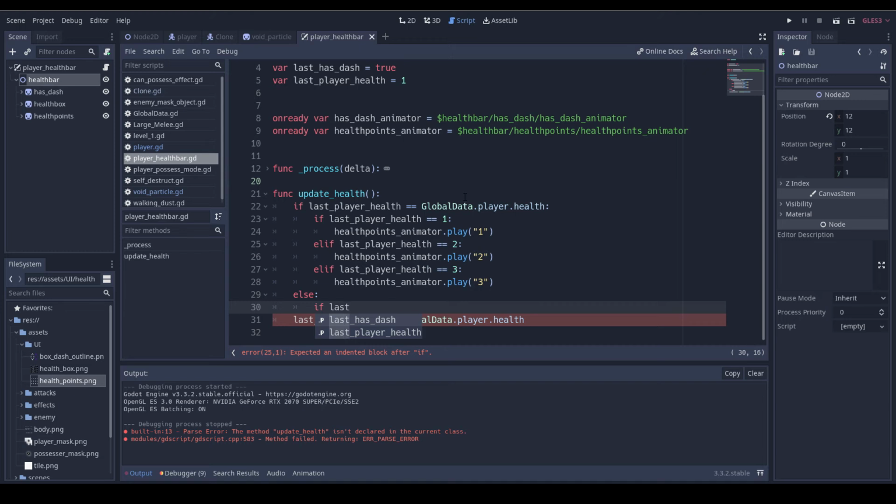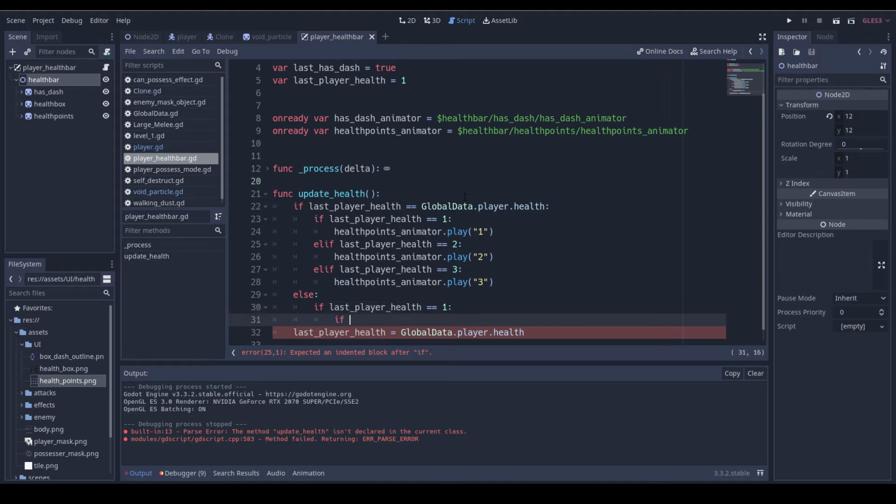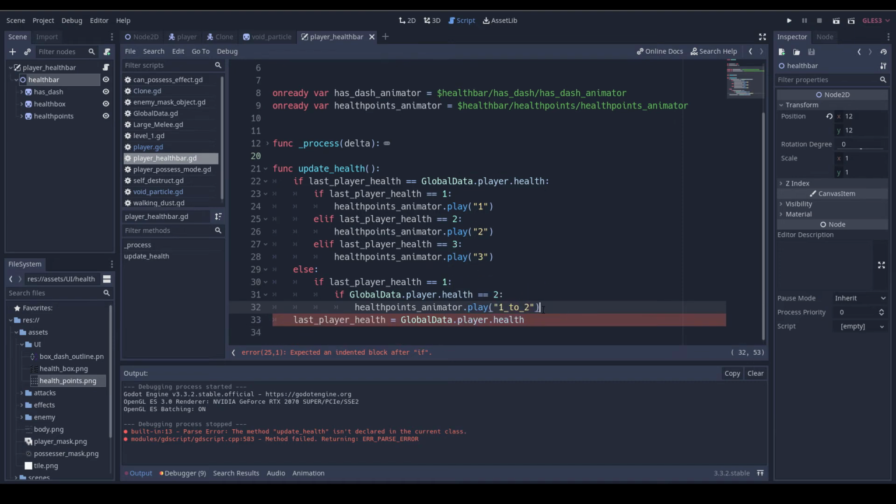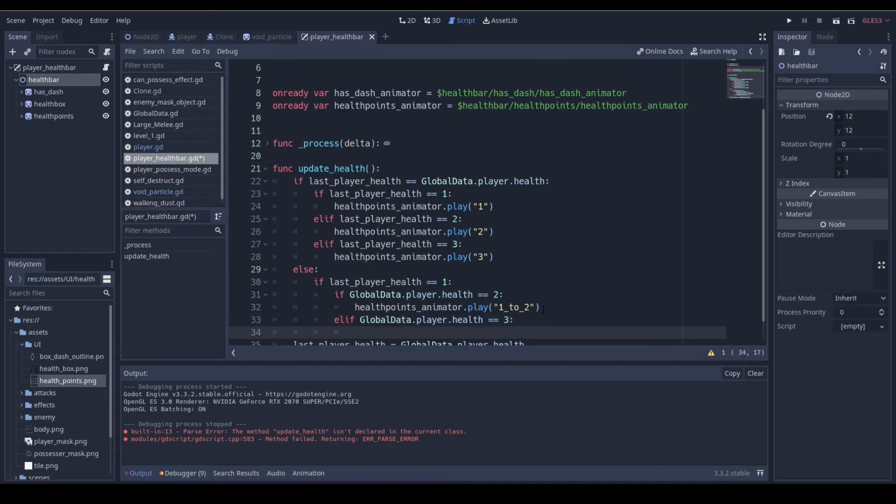If last player health is equal to 1, then if global data dot player dot health is equal to 2, health points animator dot play 1 to 2, elif global data dot player dot health is equal to 3, health points animator dot play 1 to 3,